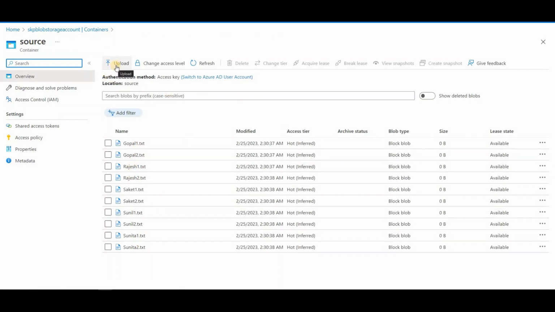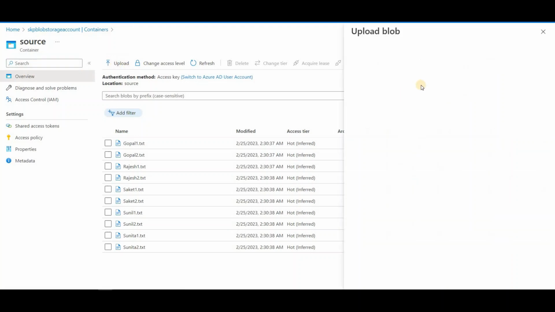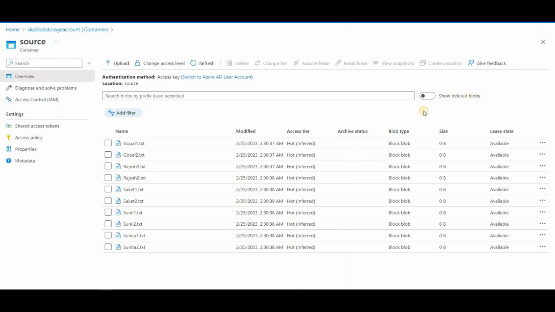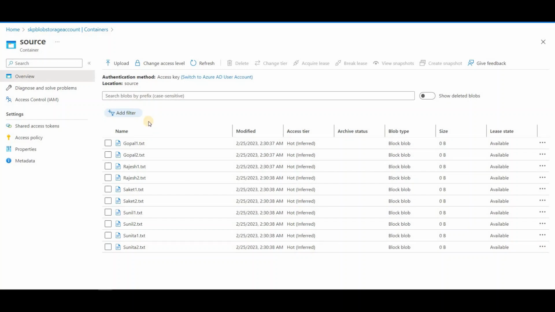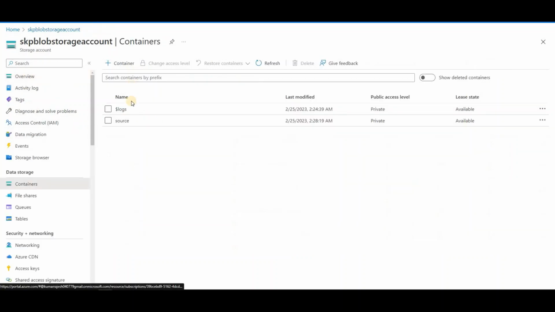To upload files, click here, and either drag and drop, or browse from your local system and just upload. If you want to delete any file, just click here and click on delete, or if you want to delete all, select all and click on delete. So this is the way you can create multiple containers within a blob. And this is the source container here. In the next video we'll see how to utilize this file in our